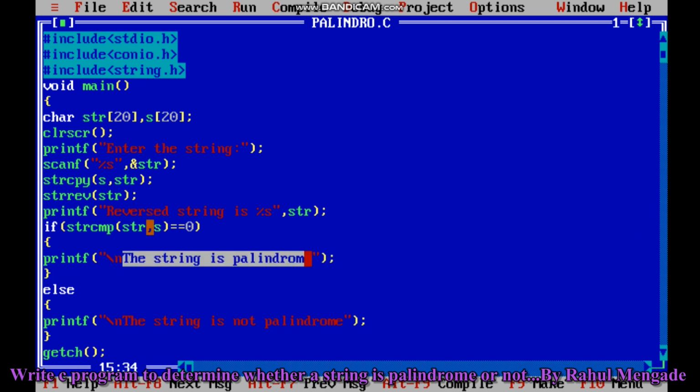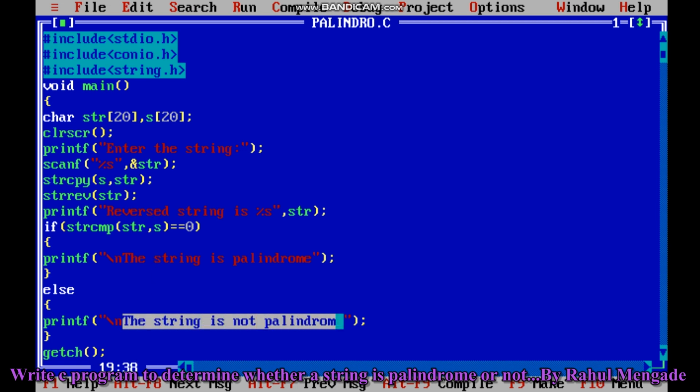That means if both the strings are same, then we can say the string is palindrome. Else if the contents are not same, the reverse string and the string stored in s, if both the strings are not same, that means the string is not palindrome.